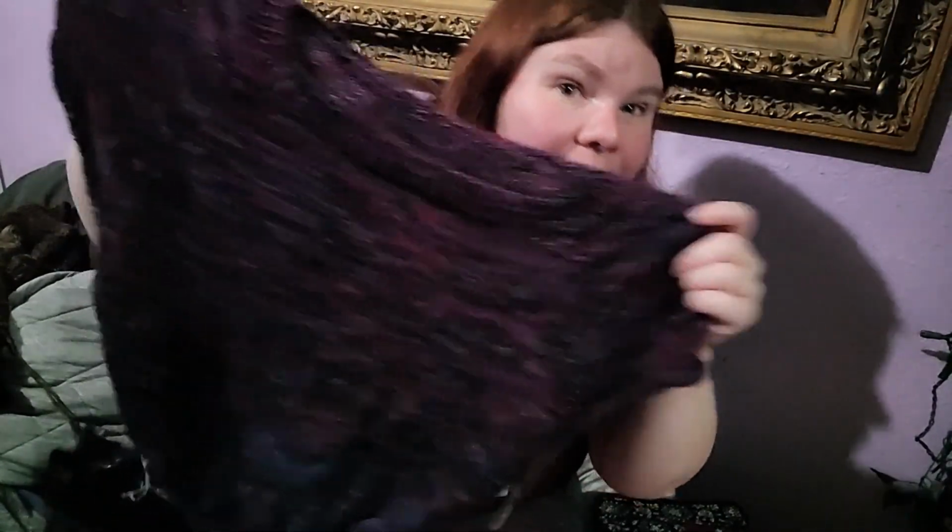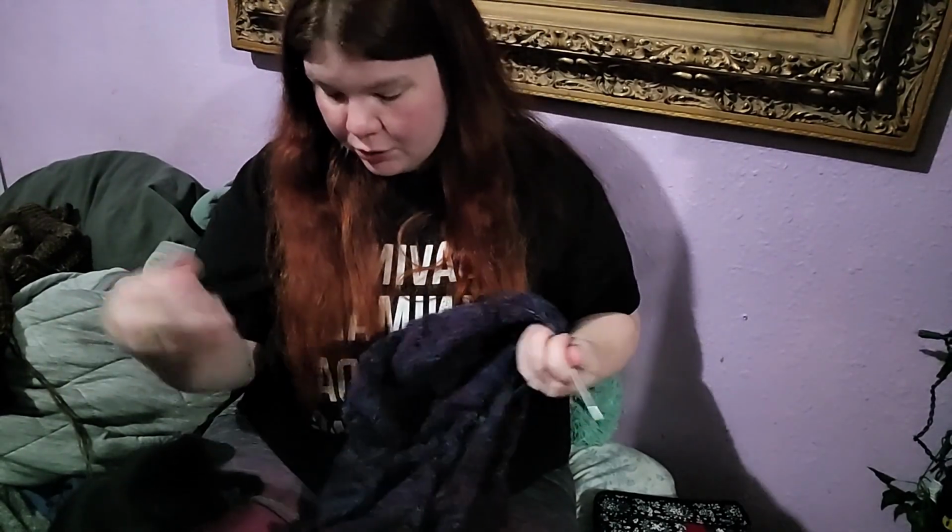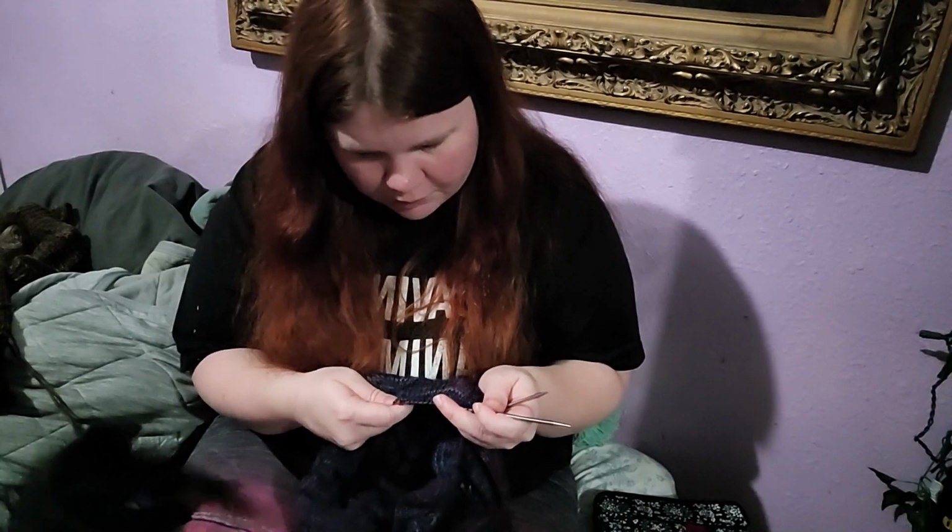But I love the colors of this. It's so pretty. I love it. I'm so happy with the dye that I did of this yarn, and the fabric is just really nice and thin and drapey. It's so nice. I love it. So pretty. I love this color. Sorry if it's a little dark, but